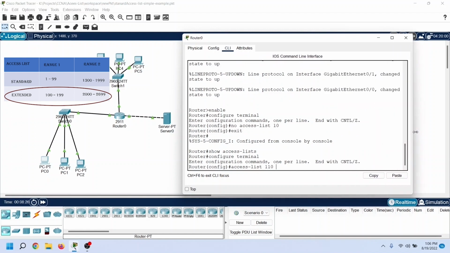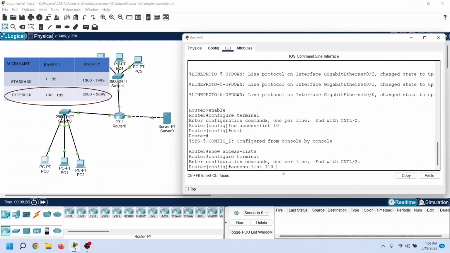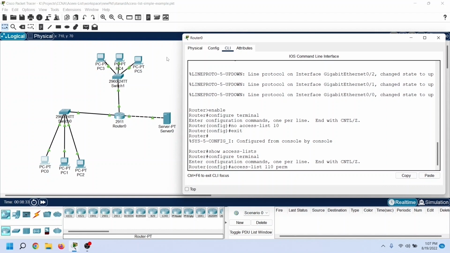Specify a number from a predefined number range for the extended access list. To allow access, we use the permit keyword here. Since we want application-level filtering, we will use the protocol that transports the data of the application. TCP protocol transports web traffic. Use TCP here. Now, we need to specify the source address. To filter data packets of the entire segment, we will use the segment's network address. To specify all hosts of the network, we will use the wildcard mask